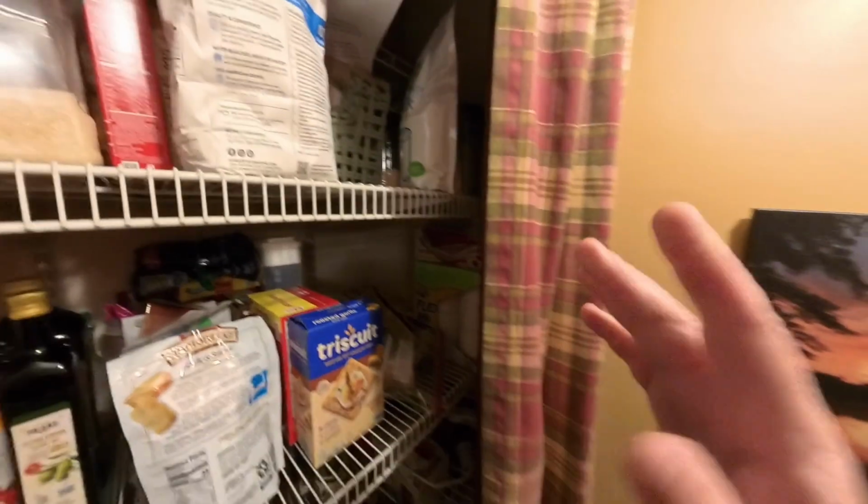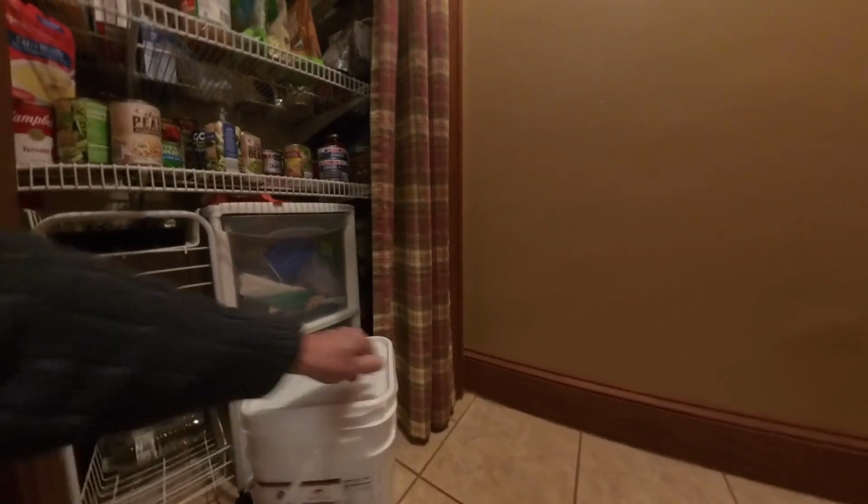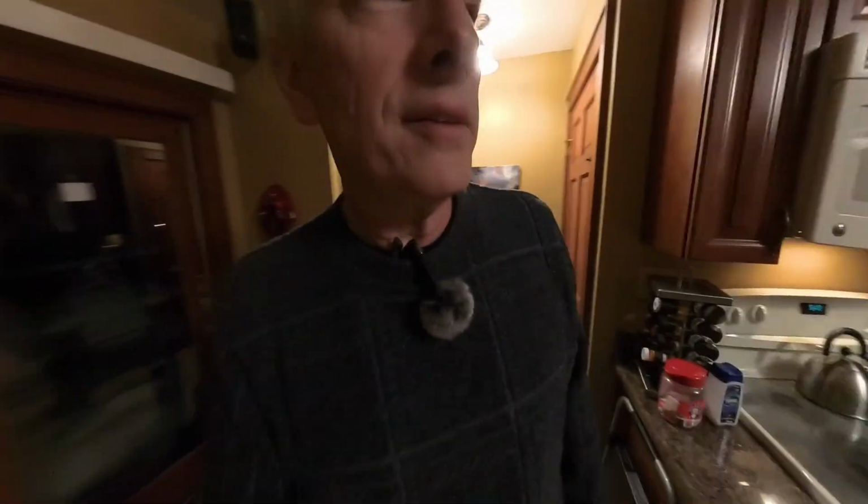And that stuff you never found in my cupboard before. And the other thing you never found in my cupboard before is right here, which I have wheat berries, and I grind them up to make bread, and you never found that before in my kitchen. Other things you never found in my kitchen before that we have stored away are